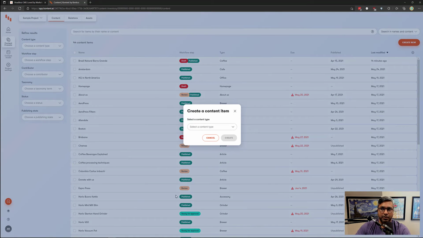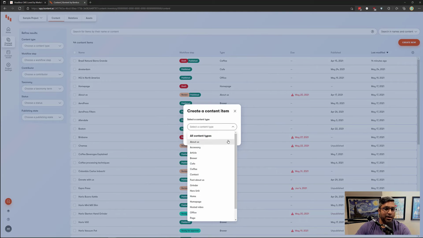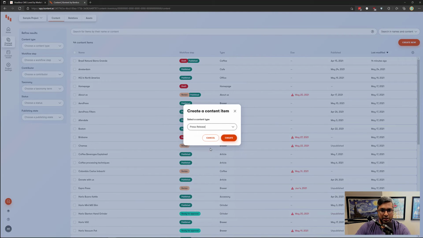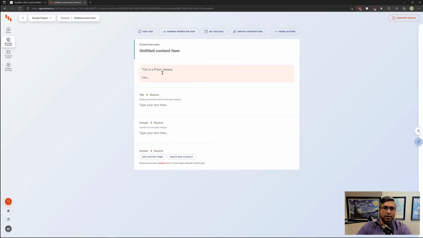So I'm going to hit create new. It'll ask me what type it is. I'm going to select a press release. This is just a content item. The content item name is very useful when you imagine you have a few 100,000 items in your system and the title itself might not be so evident. So what we usually do is the type itself is what we mention, so press release, new